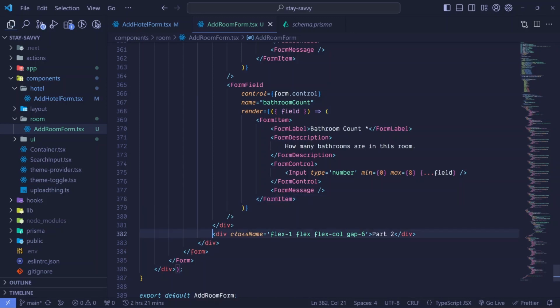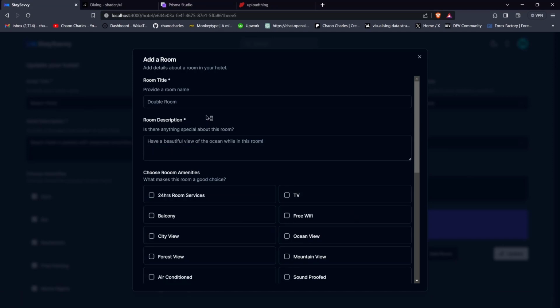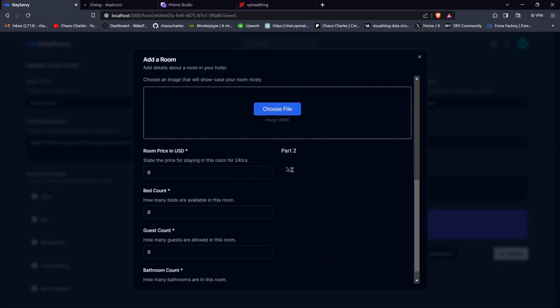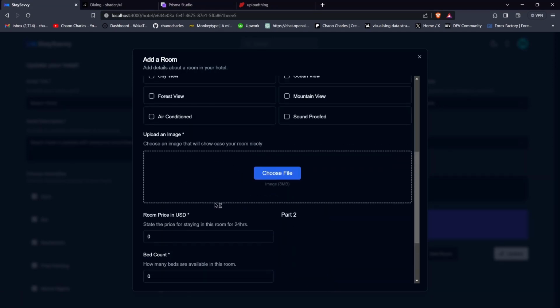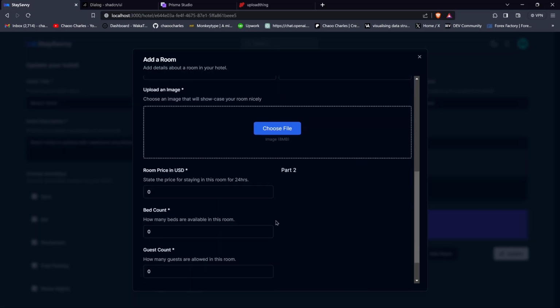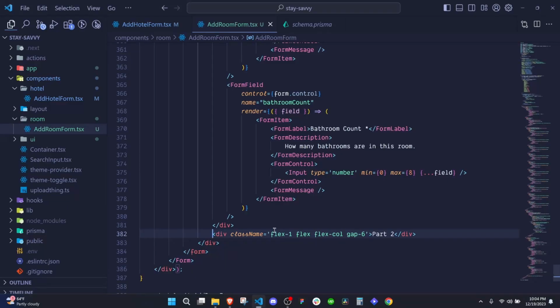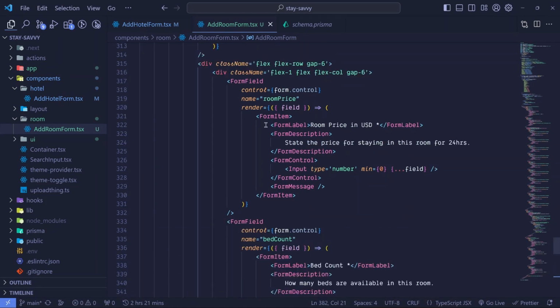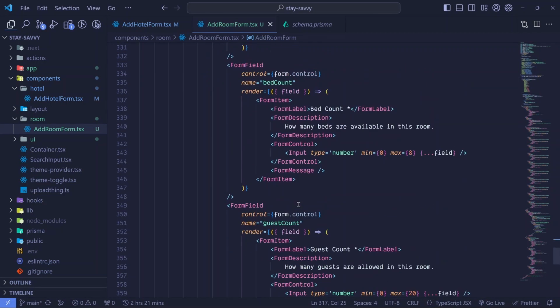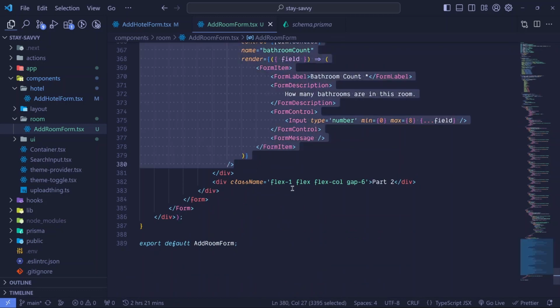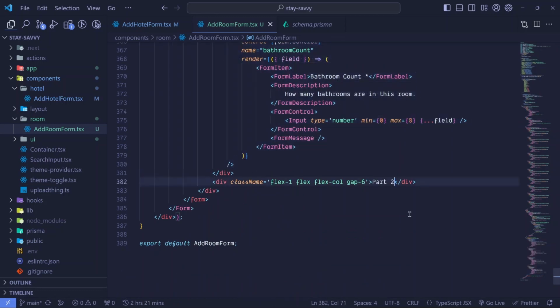We have this other section, so we can check it, just to please the eyes. This is a section for adding the image. You can make it shorter or longer, I don't know. Then this is our room price here, bed count, guest count, bathroom count. So the others, we'll list them here, including the breakfast price, king size bed. They'll be so similar, so I'll copy all of these actually. I'll hold shift and copy all those form fields, and